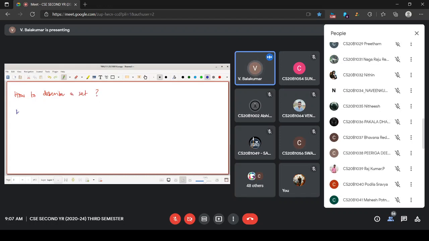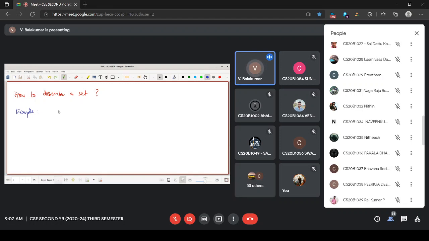Give me some small example for a set with 3 or 4 elements. So let me say even numbers from 1 to 10.